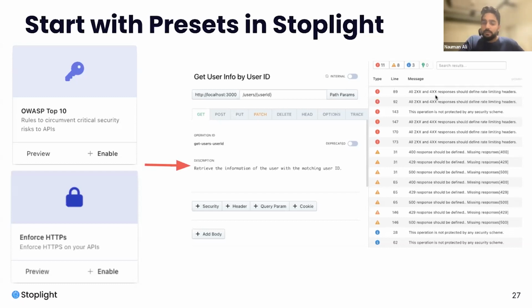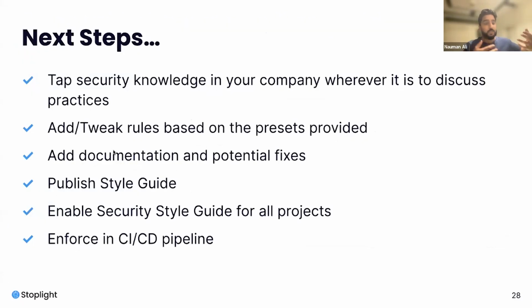These are things that you just get out of the box once you start using these presets. And then from there, once you have these presets enabled, if some of them don't make sense, you can always tweak those. But starting with them, and making them part of your design and development workflow, the next thing that is very good to do is tap into the knowledge wherever it is in the